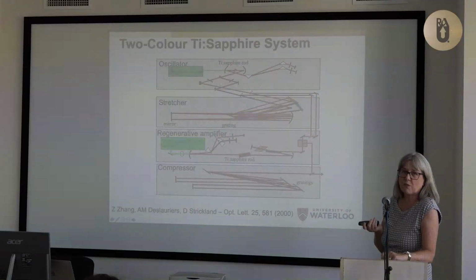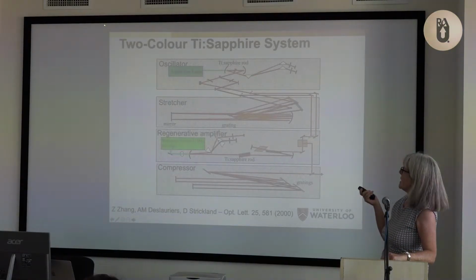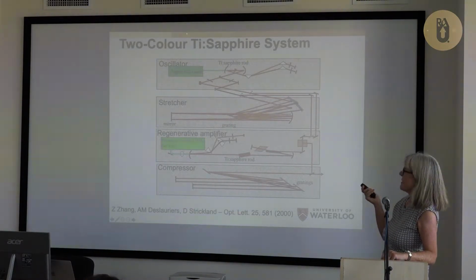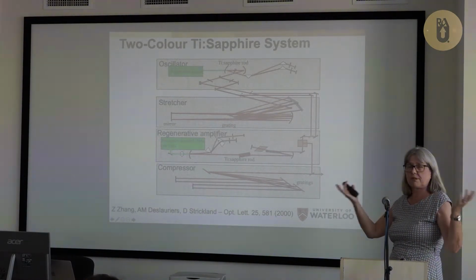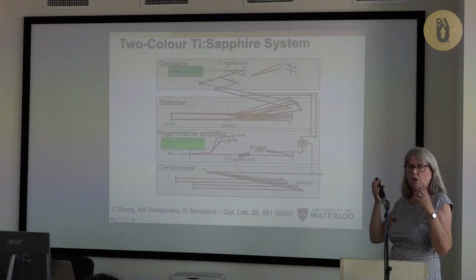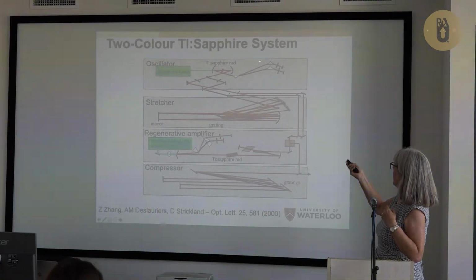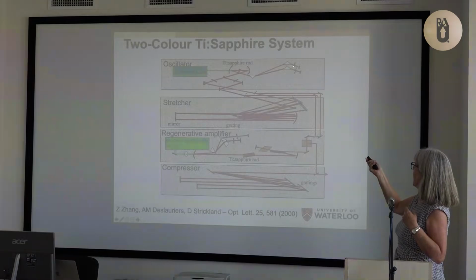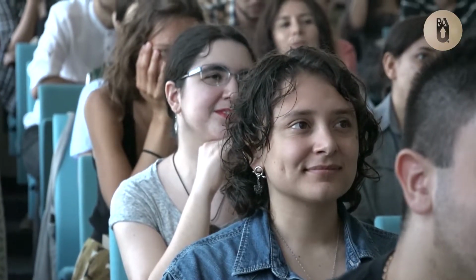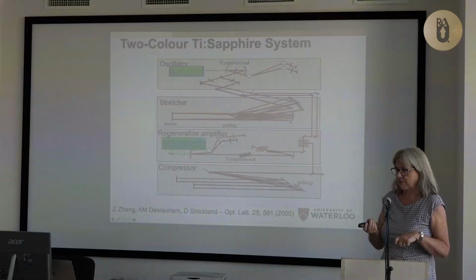This was the first laser that I built at Waterloo. Now you may ask, why did I bother building such a laser? This is a Ti-sapphire laser that, instead of trying to make the pulses as short as possible, instead of trying to make 5 femtosecond or 10 femtosecond pulses, we actually pull the bandwidth apart with some prisms and slice out just 2 pieces of it, so we can have synchronized short pulses, but there may be 100 femtosecond pulses rather than 1 10 femtosecond pulse.